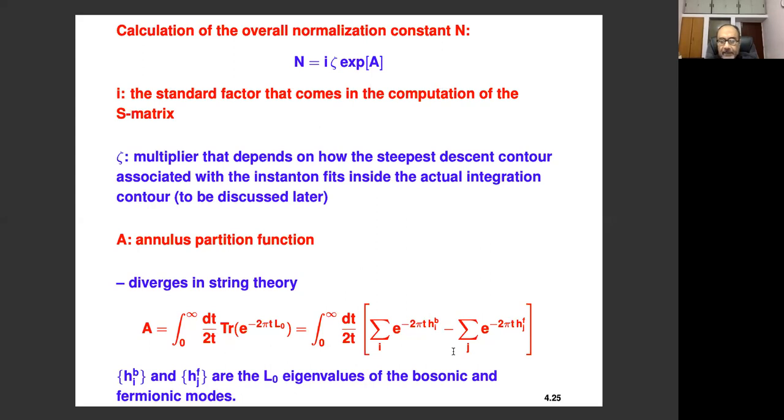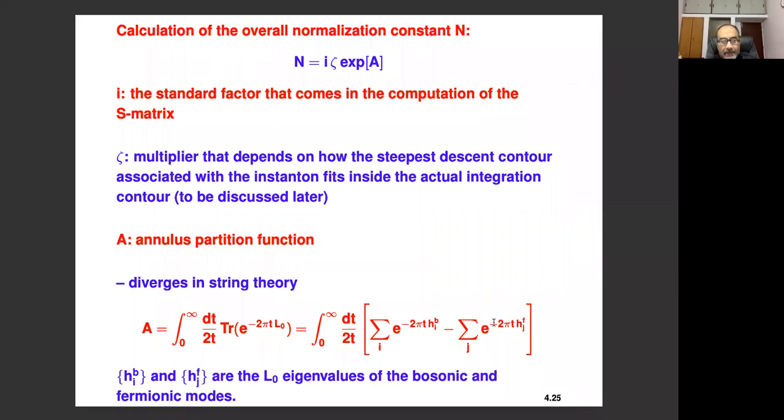Are there any questions on this? What are the fermionic modes? Fermions are ghosts. In the two-dimensional bosonic string theory, it will be the ghost modes. Oh yeah, the ghost. Thank you. Yes, so all those are included here. Of course, in superstring theory, you'll also have genuine fermions, but in the two-dimensional bosonic string theory, it's the ghost modes which are appearing here. Is that okay?